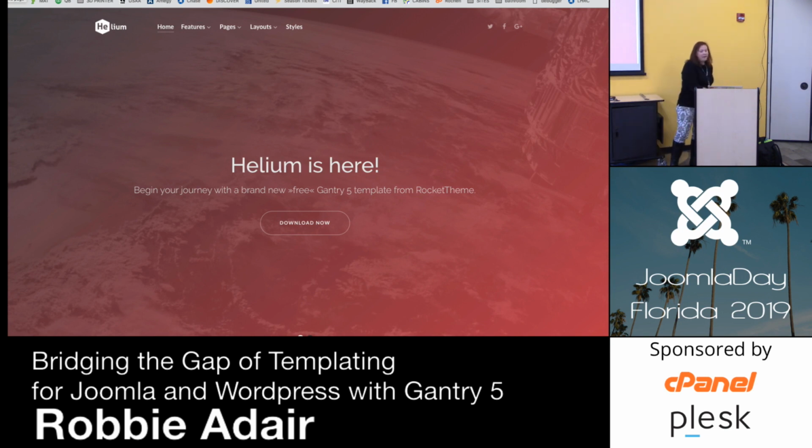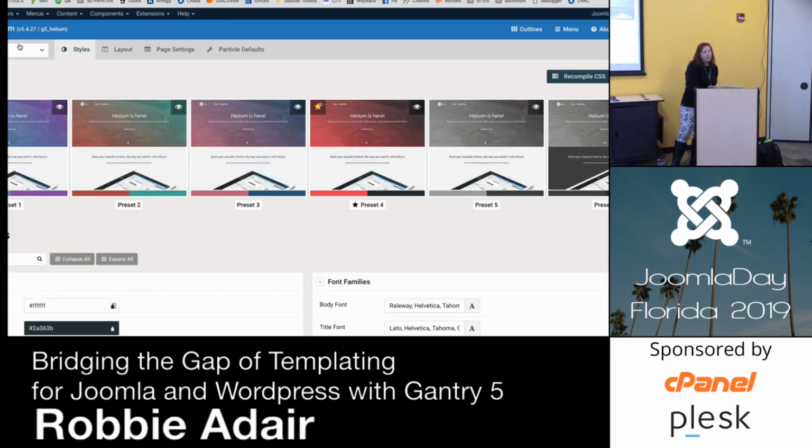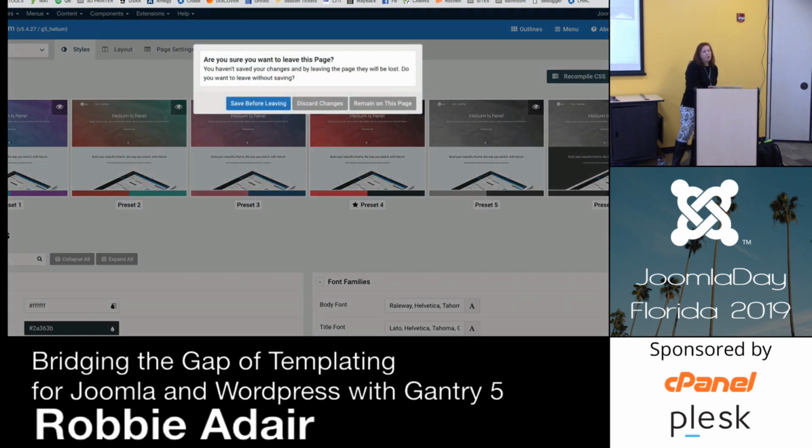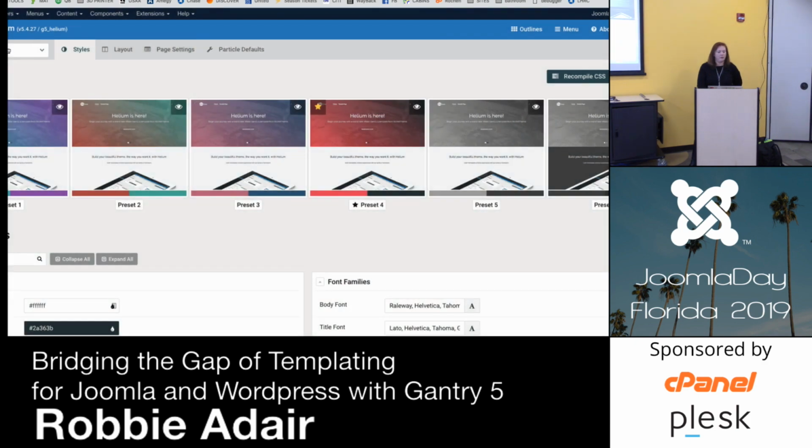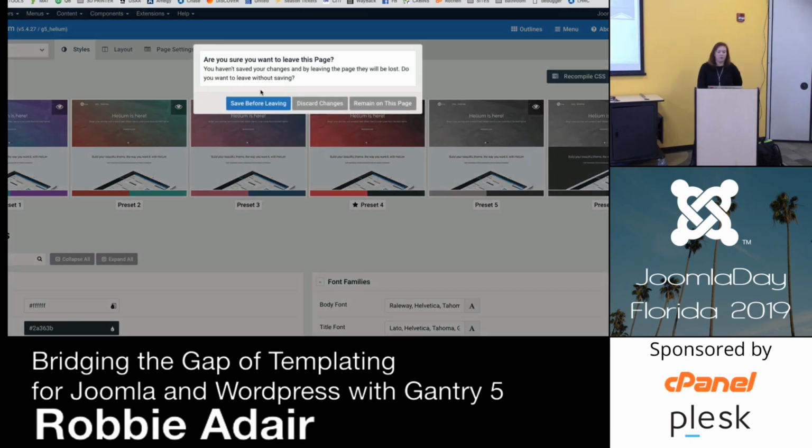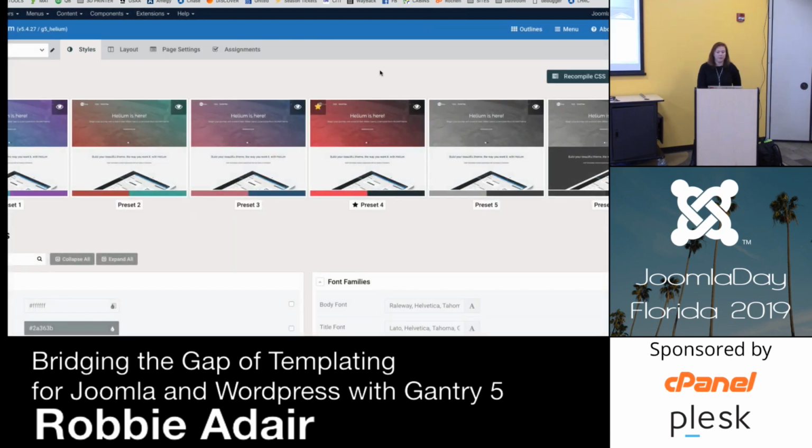So the cool thing about that is, though, if I wanted to take on one of these overrides, let's say I want, on one of these other pages, not my default page, on the home page, I want to do something different.